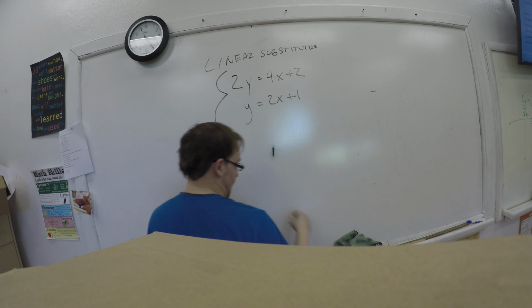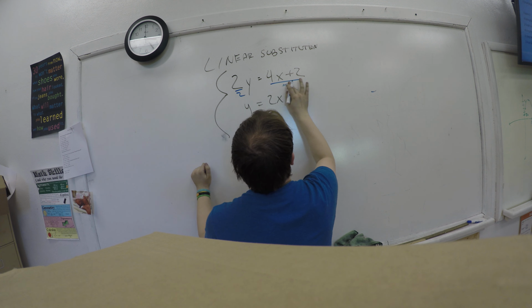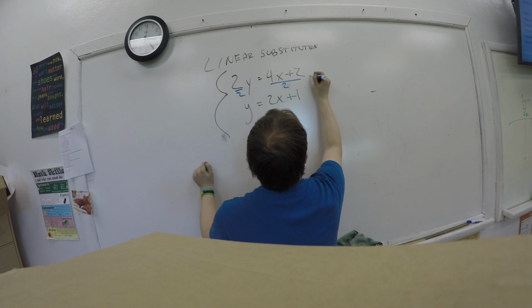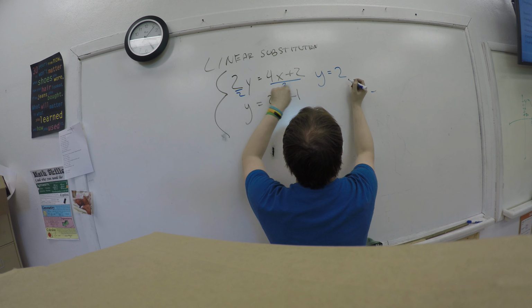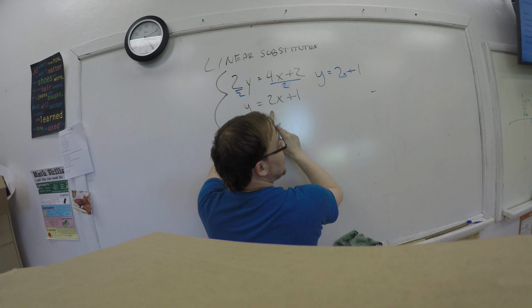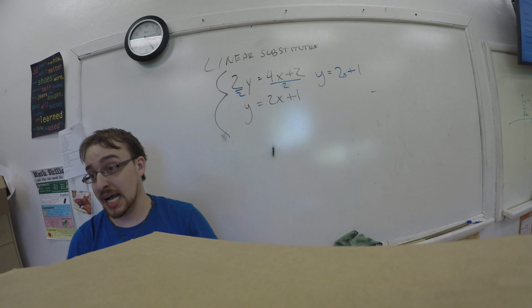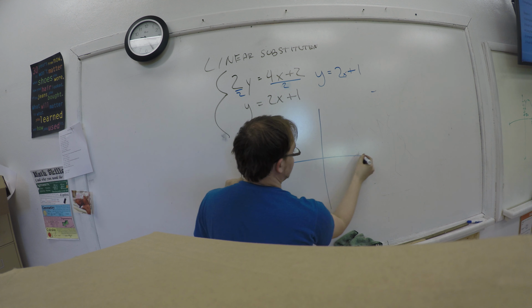So we're going to take this one and divide both sides by 2. What we get is y equals 4x divided by 2, which is 2x, plus 1. They're the same thing. Because they are the exact same line, they're going to have infinitely many solutions. If I were to graph the exact same line,